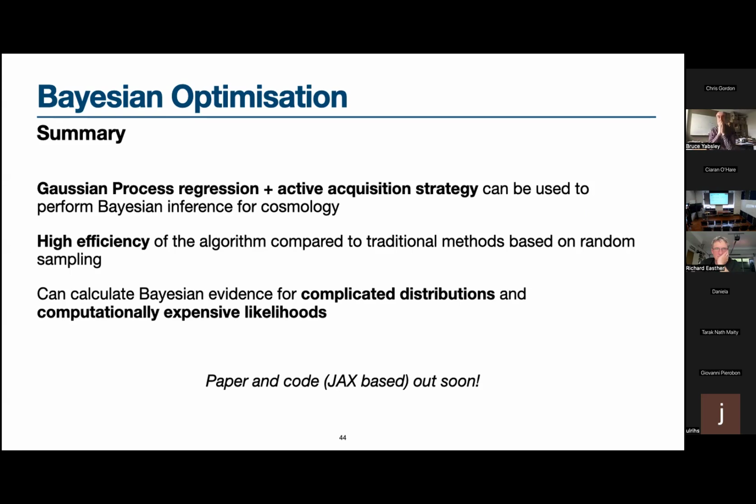But the function is simpler to evaluate, or do you have to do another optimization? No, that function you can evaluate very quickly. So that itself is not a problem. But the function landscape can be very complicated, so you may not find the minimum. There's no guarantee that you find the global minimum, but I think that's true for whatever kind of optimization algorithm you use. For the acquisition function, it's not such a big deal.